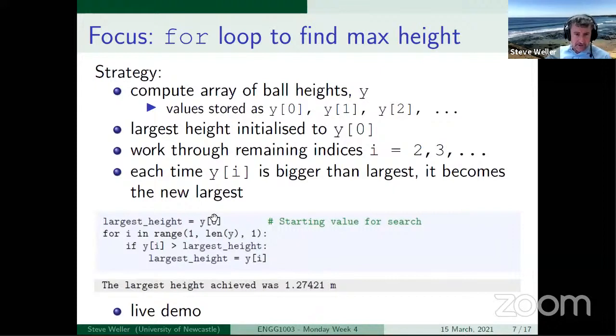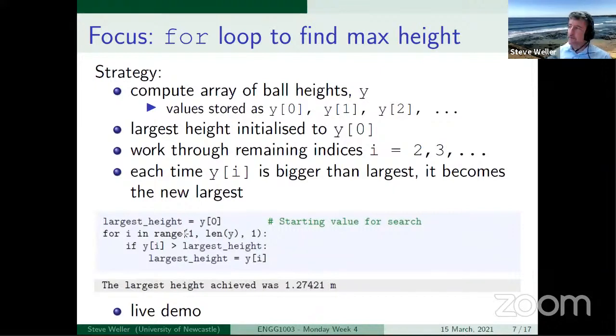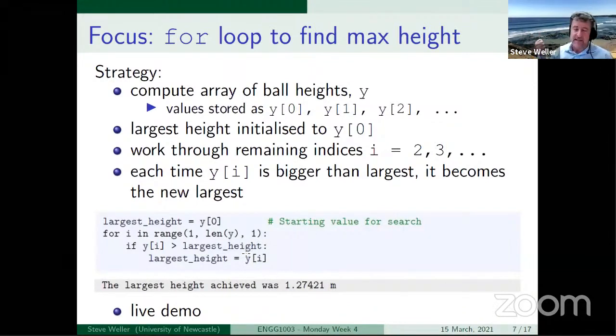So we initialize the largest height to be the initial height of the ball, and then we set up what I would call an exhaustive search, because we're going to search for i in the range 1 right up to the top of the array. If we find that the array element at index i is larger than our largest height so far, then we update this largest height to be that value. So that's the value I said we store somewhere. We store it in the variable called largest height. And then the for loop takes us back to the next index in the range.